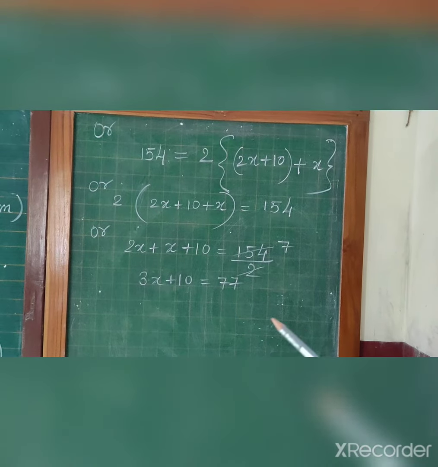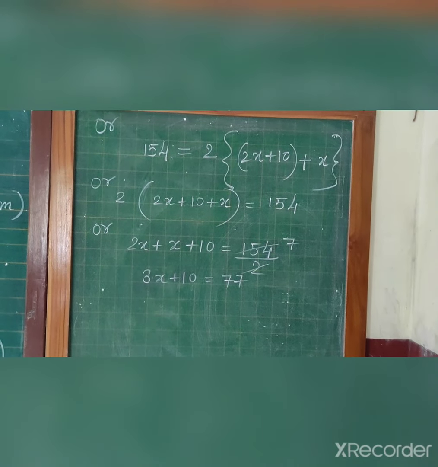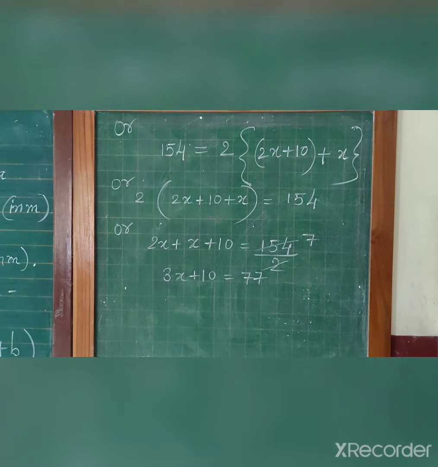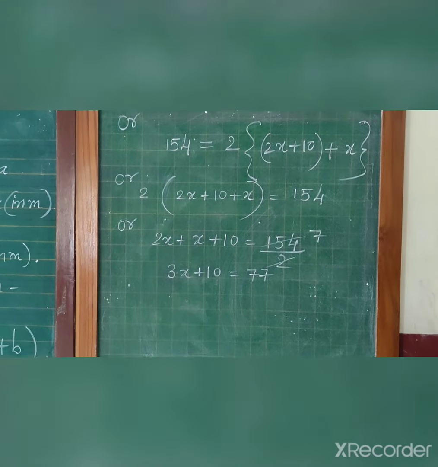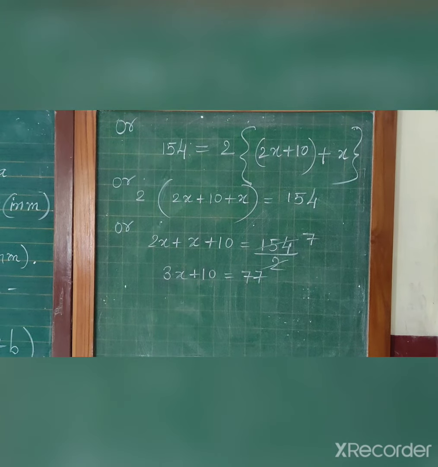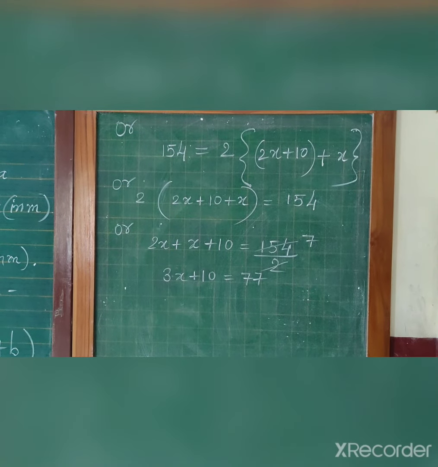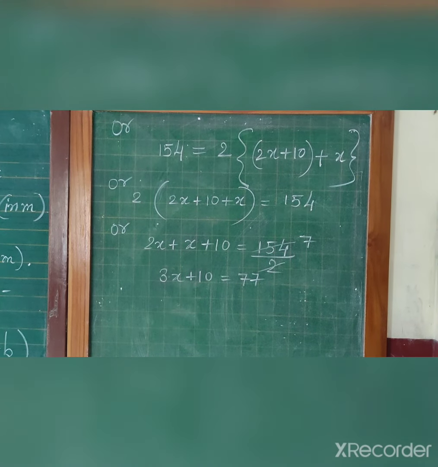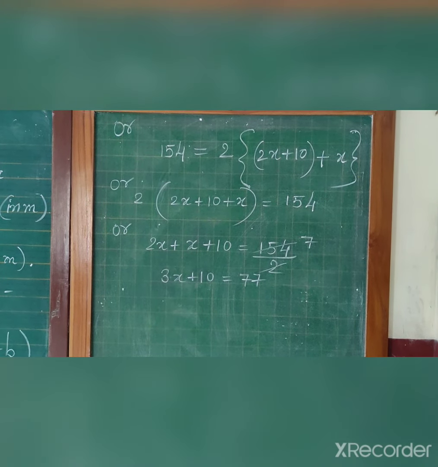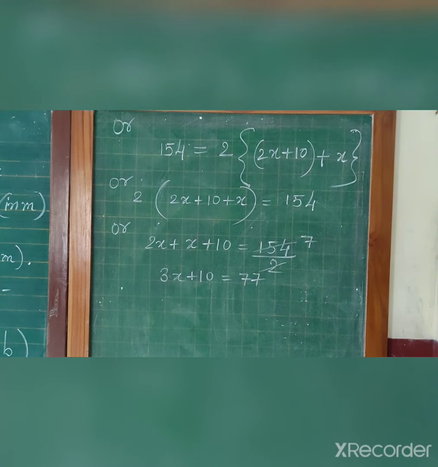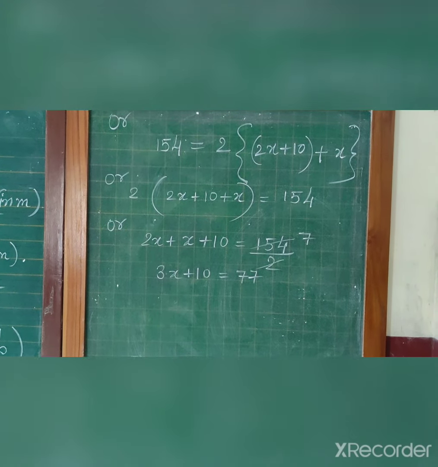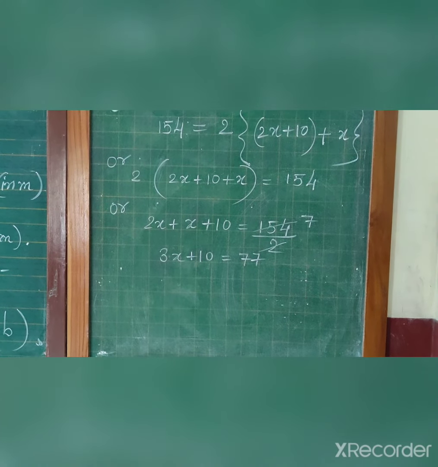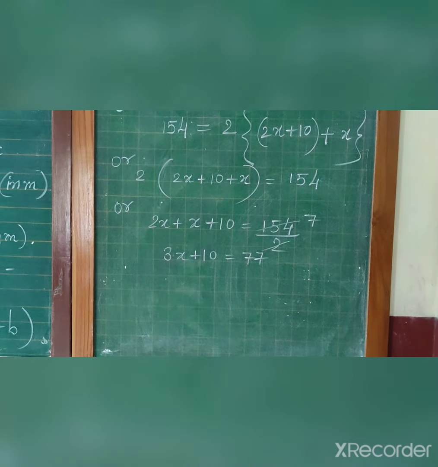You can solve the equation, you will get the value of x, that is your breadth, and then you will write, so the breadth is dash meter. Now length is 2x plus 10, so 2 into whatever value of x you will substitute in the place of x, plus 10, you will get the length. Clear? So it is an incomplete question, you will solve. You will complete this question.